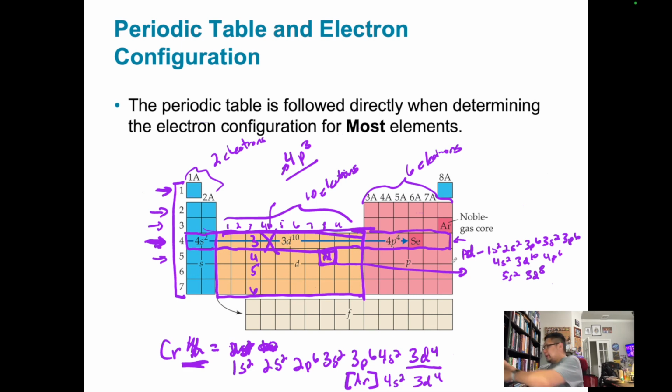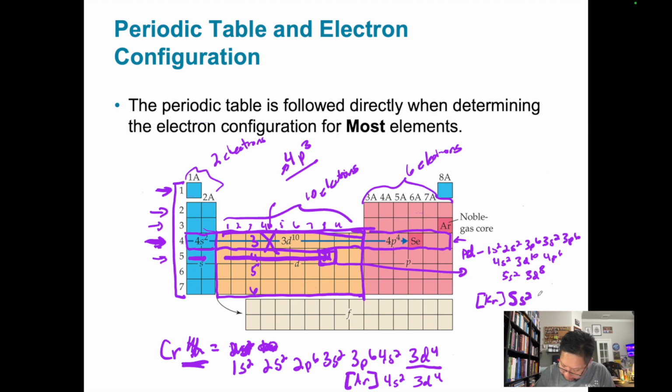I think it might be krypton. I don't have the periodic table memorized. I should probably. I was right, it's krypton. So the condensed version would just be krypton inside of brackets, and then the part that doesn't include krypton, which is everything from here all the way to here. So that would be 5s2,